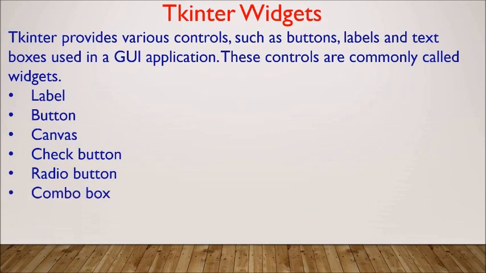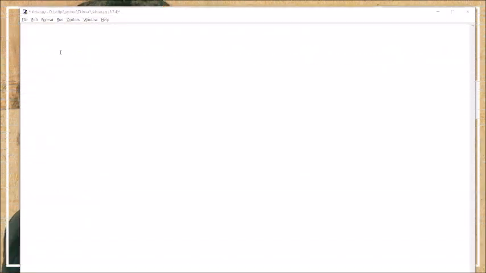So after that, combo box. Combo box is the drop down list which we can create in Python, and menus are there of course, and many more widgets are there. So I'll try to cover all these widgets so that it will be easy for you to work on your project. So to use Tkinter, you have to first import the module.